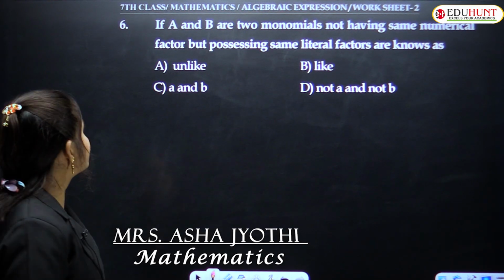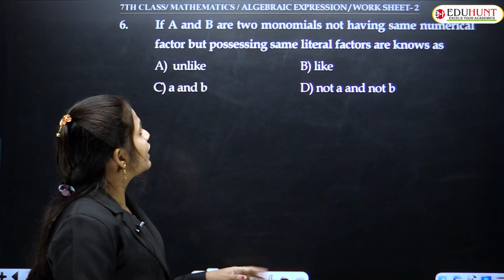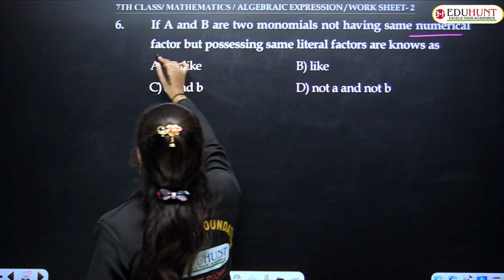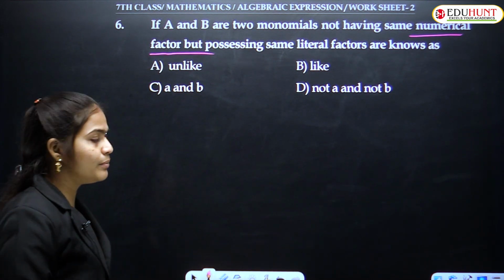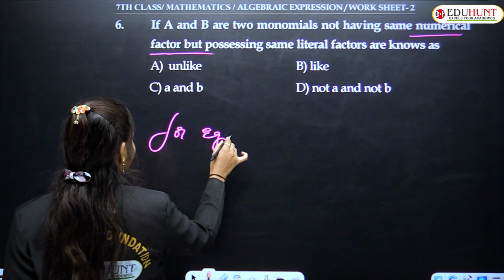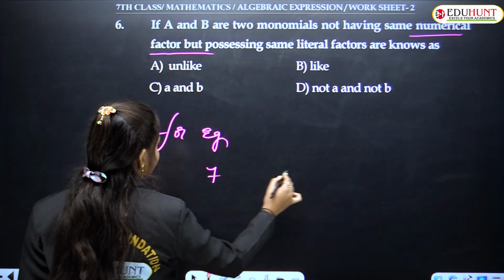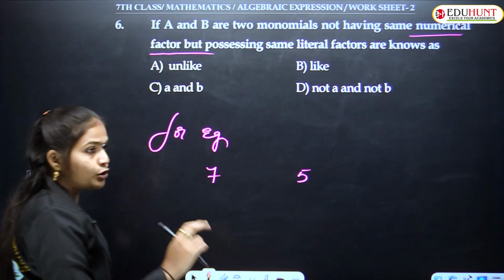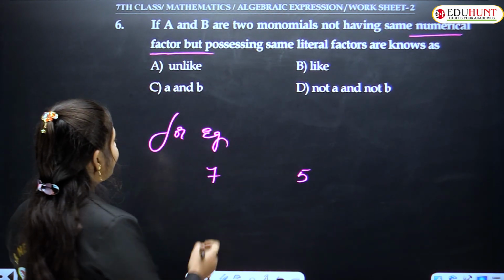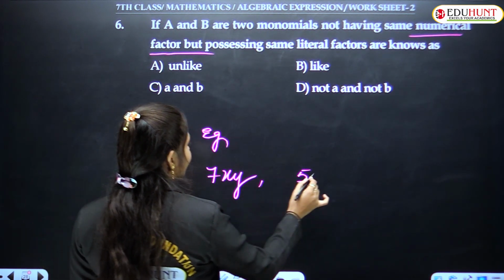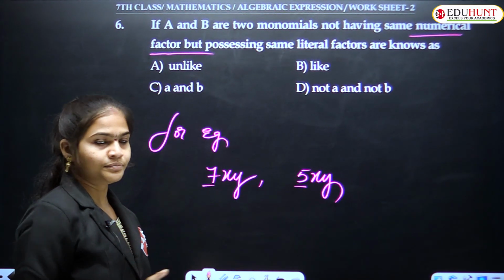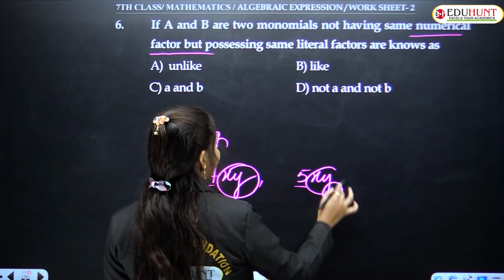And see here, sixth question. If A and B are two monomials not having the same numerical factor. Not having the same numerical factor means, for example, here 7 and here 5 I am taking. Two different numerical factors and possessing same literal factors. For example, xy, here xy. Okay, the numerical factors are different, but having the same literal factors,